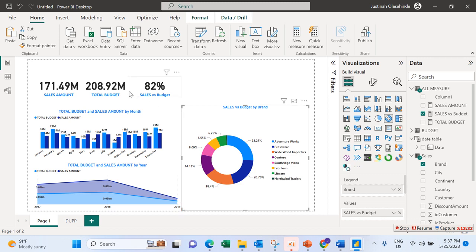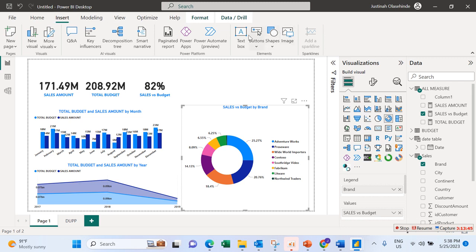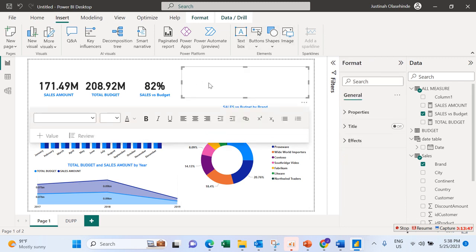Now if you want, I want to give it a name. I want to name this particular chart, this particular dashboard. How will I give it a title? Just go to insert, go to text box, then you can write what you want to see. So I will just write sales